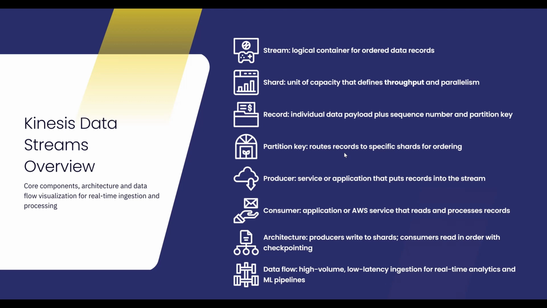AWS internally applies a hash function on the data being received, and with the hash function, the data is sent to the particular shard. A producer is a service or application that produces data and puts records into the stream,